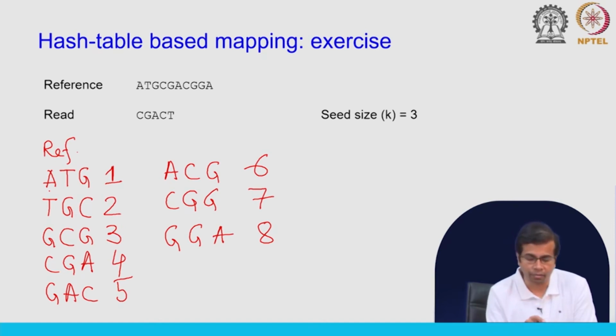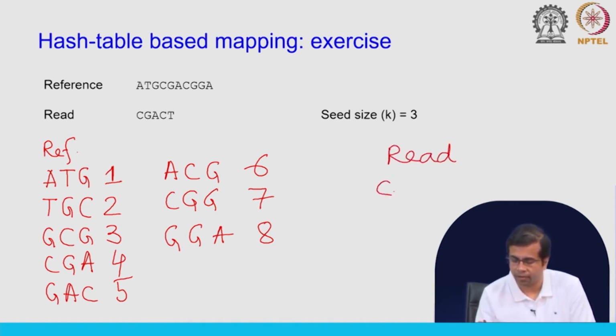Okay, so we need to just check whether there are any repeated seeds. We do not see any repeats. If we see repeats, then we have to merge the locations. The values will be one after another, separated by a comma. Okay. So once we have generated the seeds from the reference, we have to generate the seeds from the read itself. Okay. So for the read one,